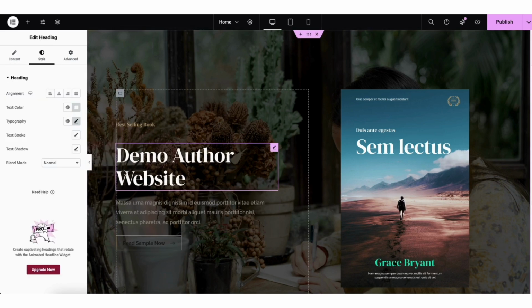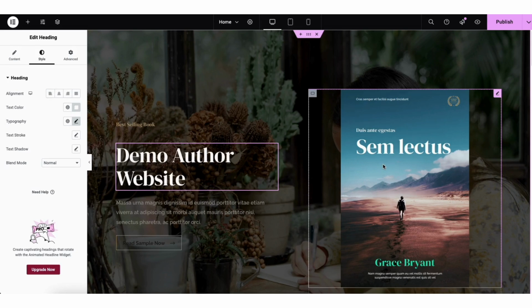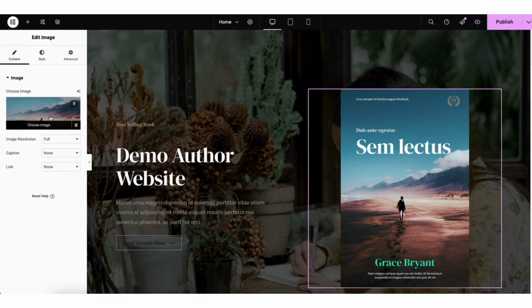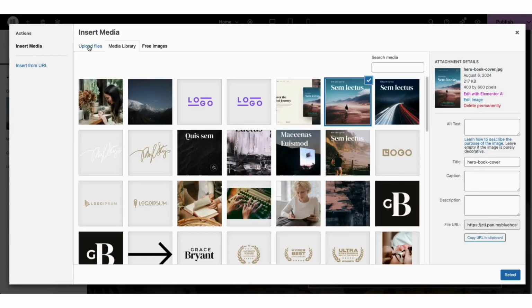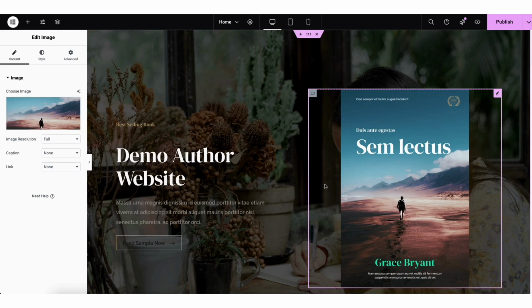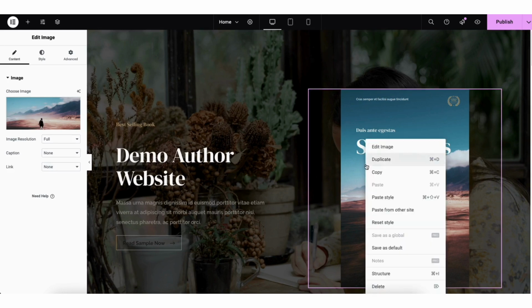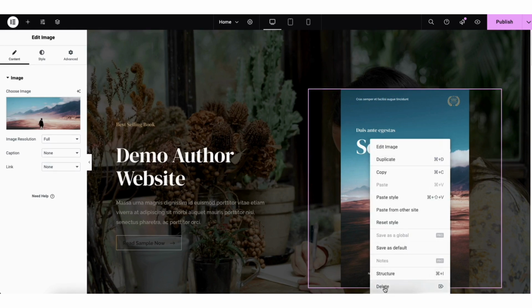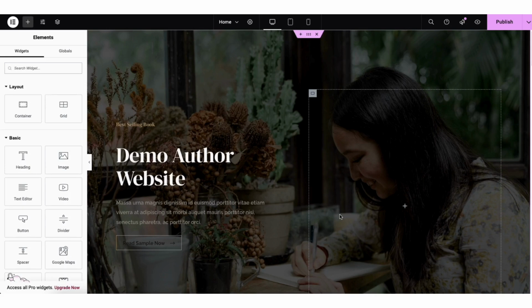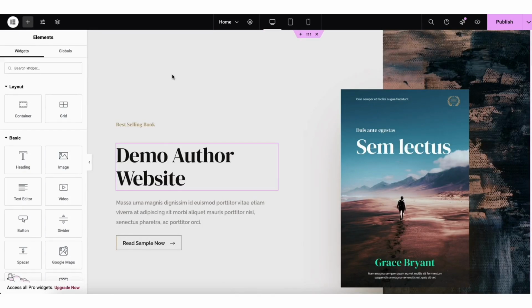Next, to change the image found here, click into the image, and you can click the trash can icon to remove the image. If you click into the image, you can then upload an image or choose an image already uploaded to WordPress. If you want to remove the image, right-click in the image and click Delete to remove the image. Before we proceed, I'm going to change the background area to what it was when we first started.